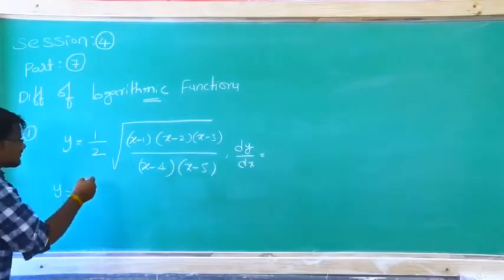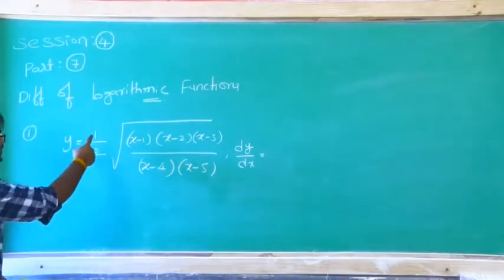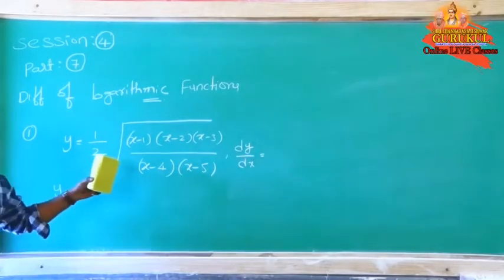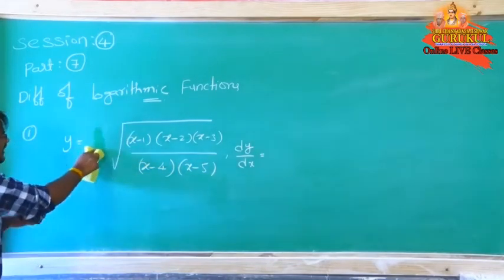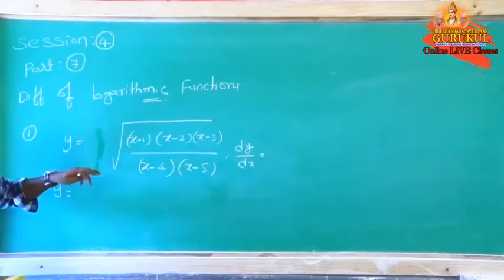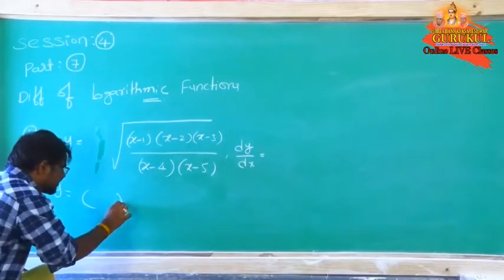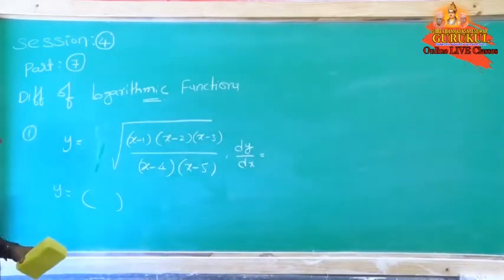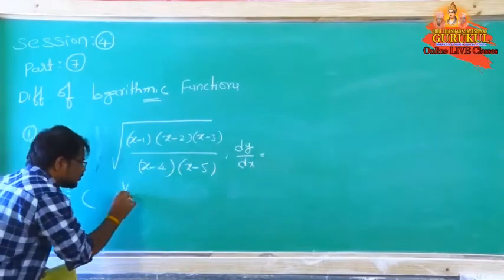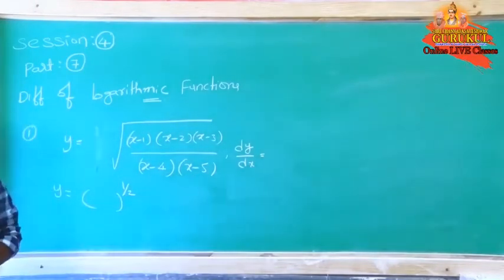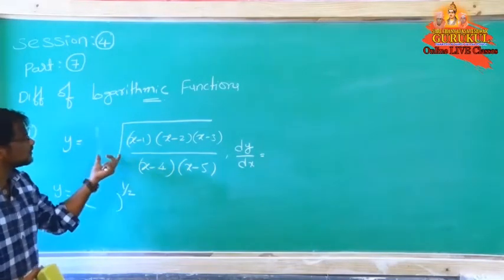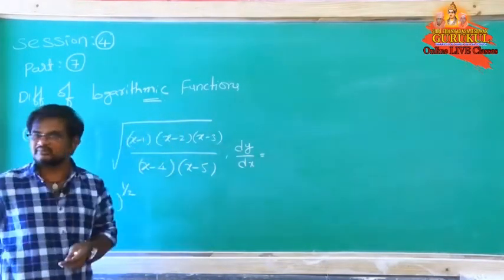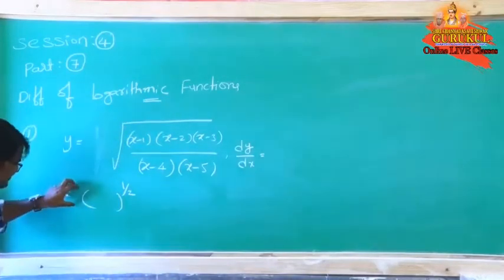And now for this one, what we have to write, this 1 by 2. So 1 by 2 given or not? Last class I think 1 by 2 was not there. If 1 by 2 is there also, you can do the problem. But if 1 by 2 is not there, what we have to do? It can be written as whole to the power of 1 by 2. Taking this total term, root is there, no, whole to the power of 1 by 2 we have to write. If any constant is there, that scalar multiple here also we have to take, right?